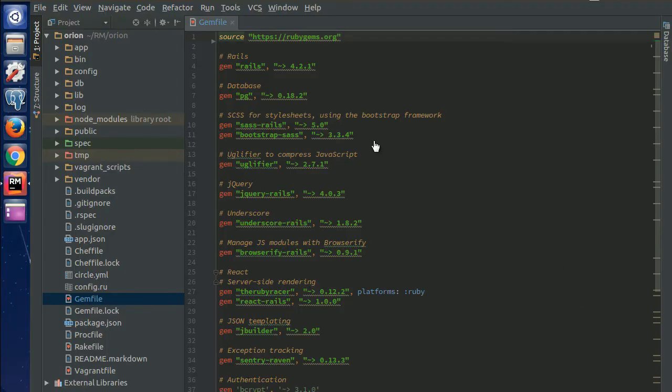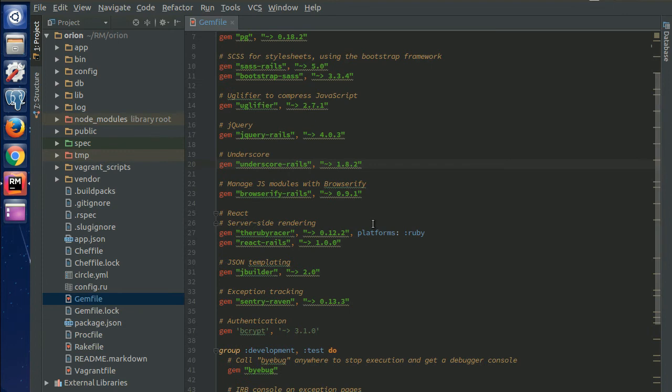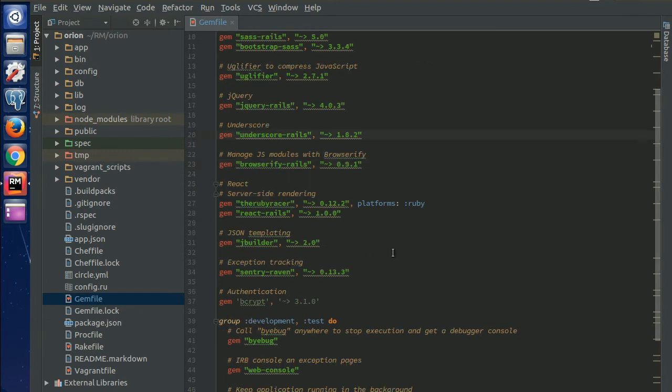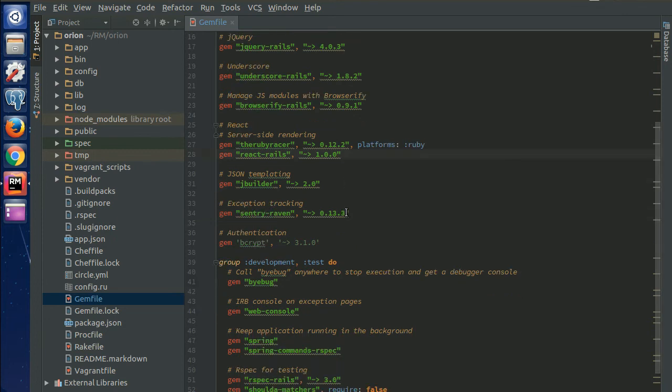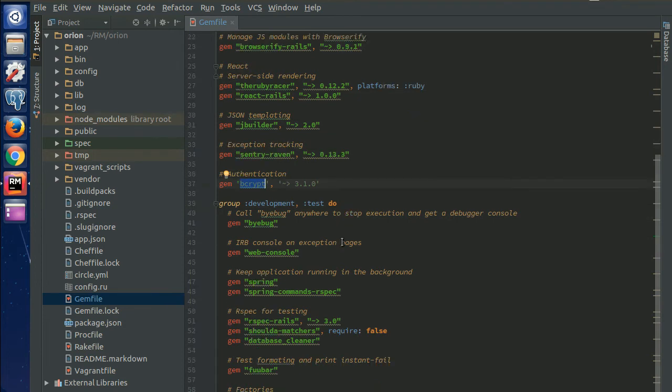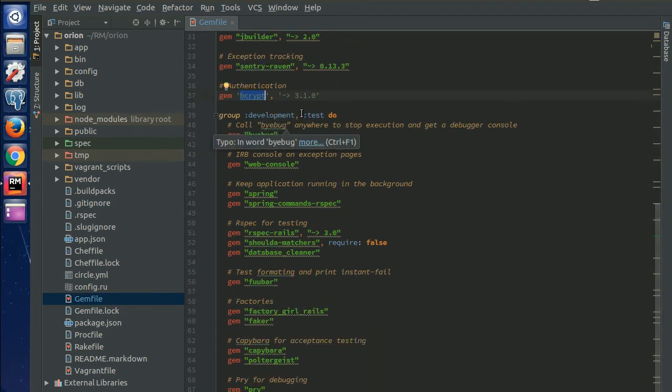Here is the Gemfile. We can see the Rails here, Postgres gem, Bootstrap Sass things, underscore here, browser for Rails. This is the React Rails gem. Bigcrypt for encryption, and development and testing. I'm using